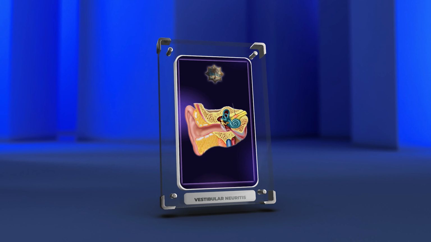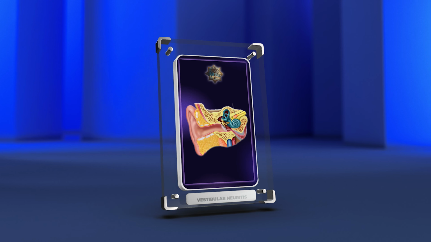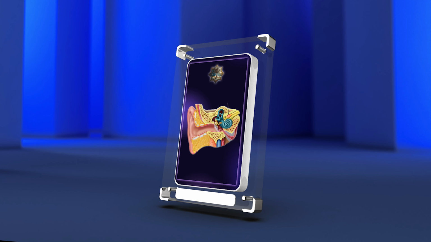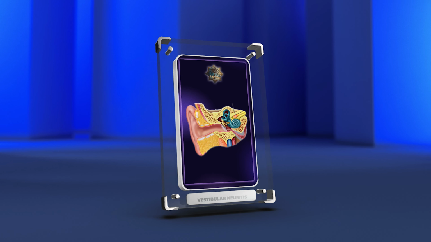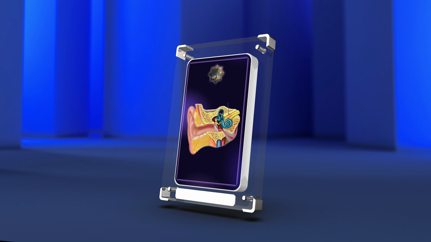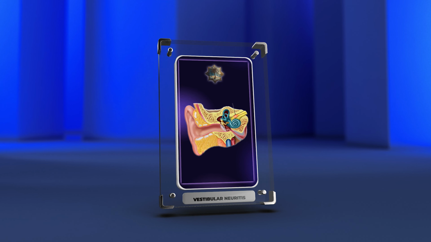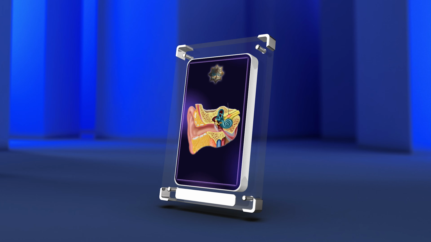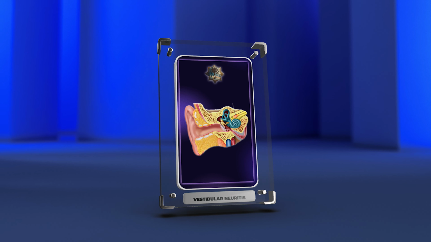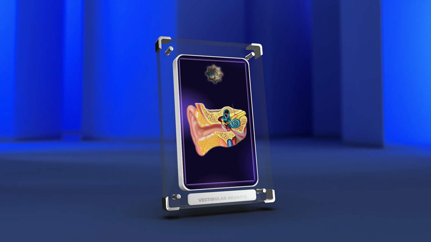In conclusion, vestibular neuritis is an intriguing disorder that affects the vestibular nerve, leading to vertigo and related symptoms. Understanding the anatomy, clinical evaluation, differential diagnosis, and management strategies is essential in providing optimal care for individuals with vestibular neuritis. As future healthcare professionals, your knowledge and expertise in this field will play a crucial role in diagnosing and managing this condition. I hope this comprehensive script has provided you with valuable insights into the fascinating world of vestibular